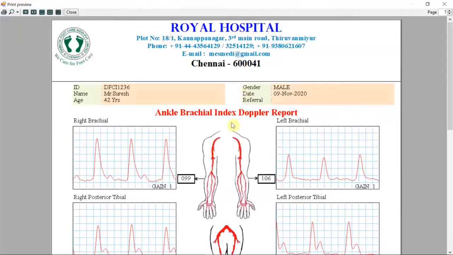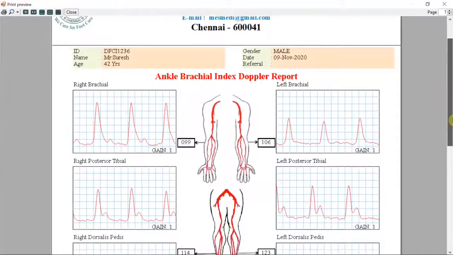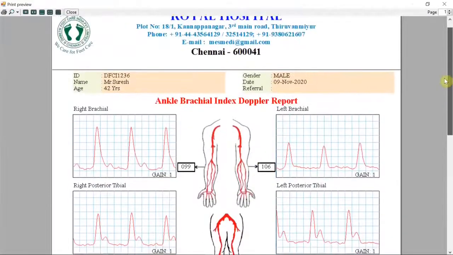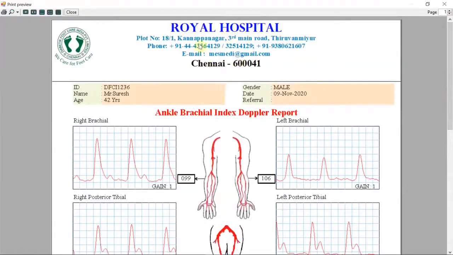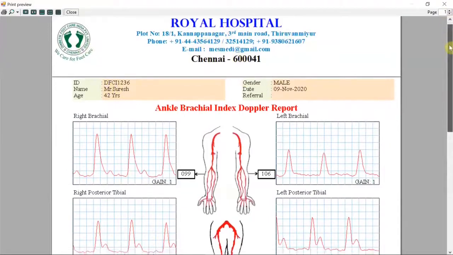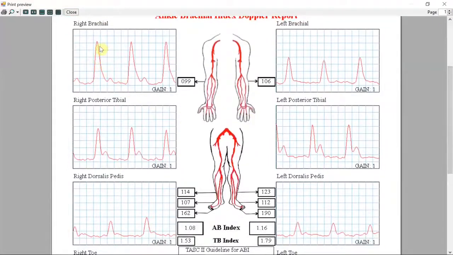Let me show you two waveforms. Normal report: hospital name, address, logo, details, right brachial, left brachial, right dorsalis, left dorsalis.